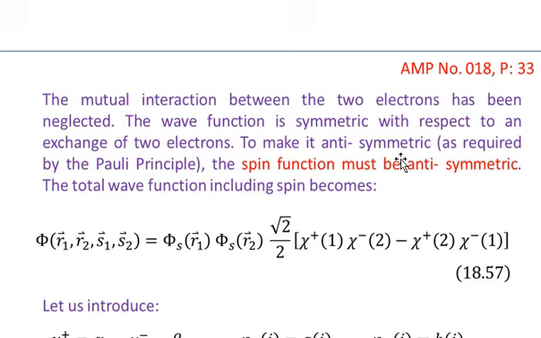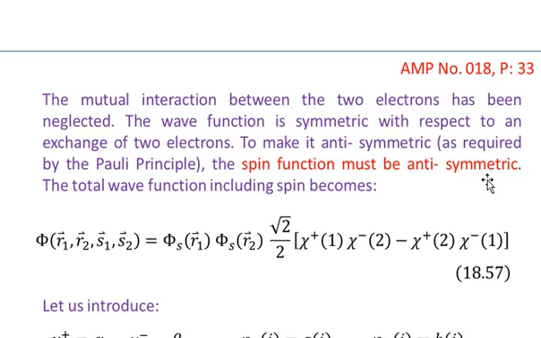To make it antisymmetric as required by the Pauli principle, because we have two electrons in the same molecule in the same ground state, the spin wave function must be antisymmetric, because the